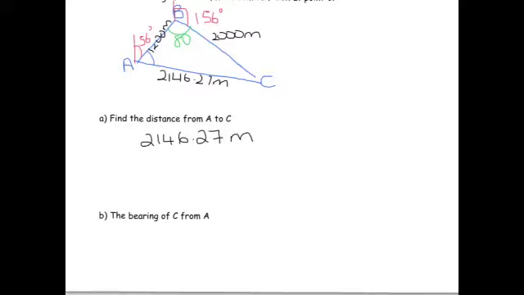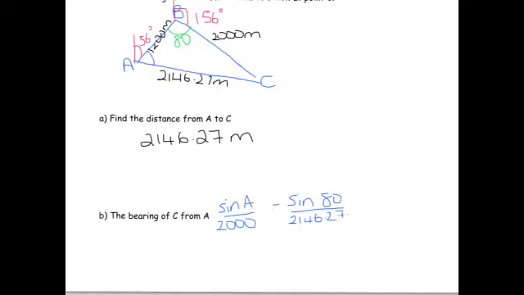To find angle A, we know an angle and an opposite one, and we know another length, so we're going to use the sine rule. And we're going to say sine A over 2000 equals, we know sine of 80, and that's opposite what we've just found out, so